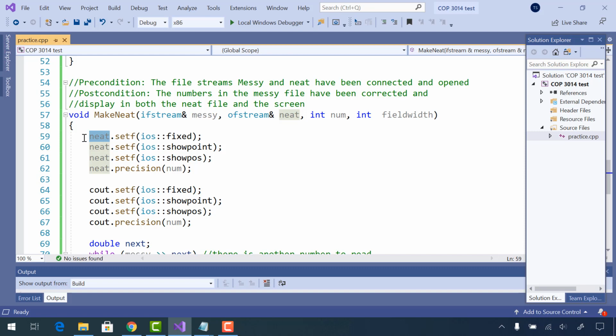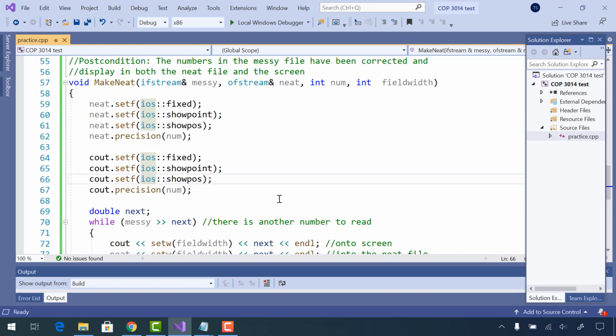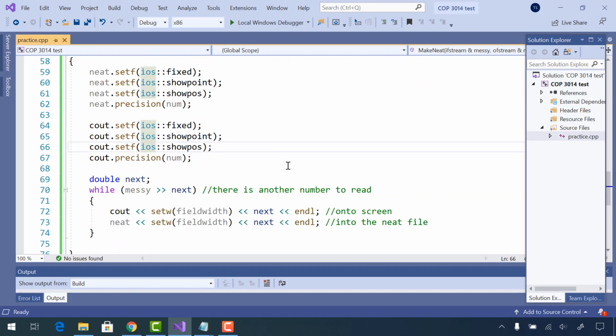So that is setting the precision for the output file, and cout is going to print onto the screen. So I have two sets of the magic formula because I'm using two different objects. I'm using an object from ofstream and I'm using an object cout from ostream. So here is a